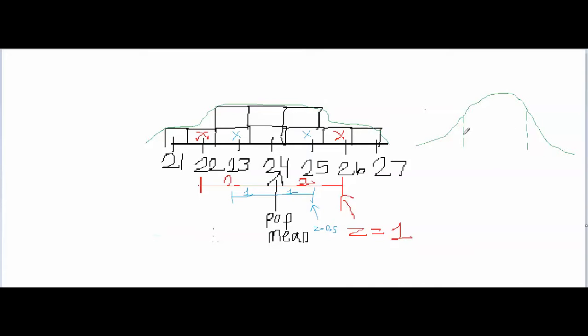For example, if the possible samples follow a normal curve like this, then the upper boundary of the middle 95%,